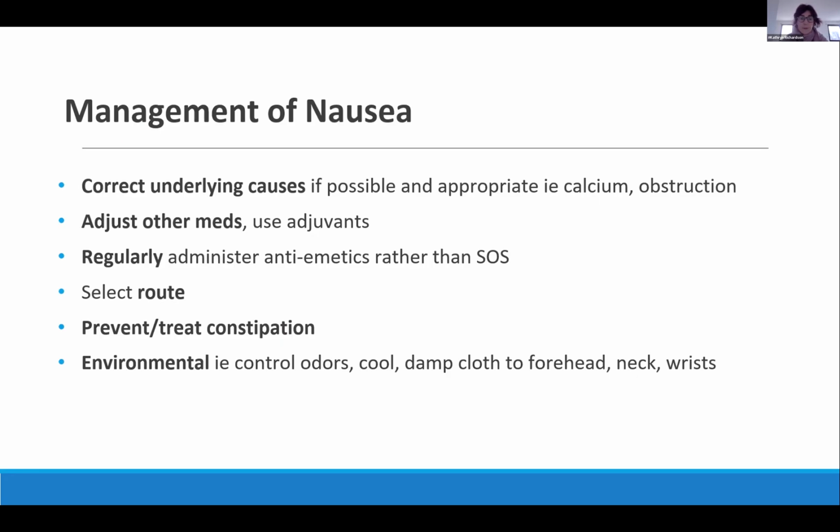And you know, some things can make nausea worse. So if you have very strong odors with food in the patient's home or in the facility, try to remove those, because they can make the nausea feel worse. And you can do things like a cool damp cloth to the forehead and wrist. That may just help for someone who's feeling very nauseated. And of course, exclude constipation to make sure that there isn't constipation making the symptom worse. Constipation's another common symptom in palliative care,